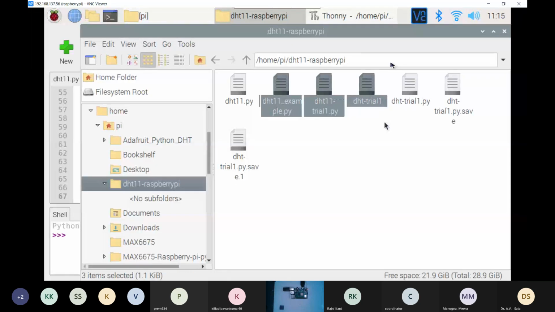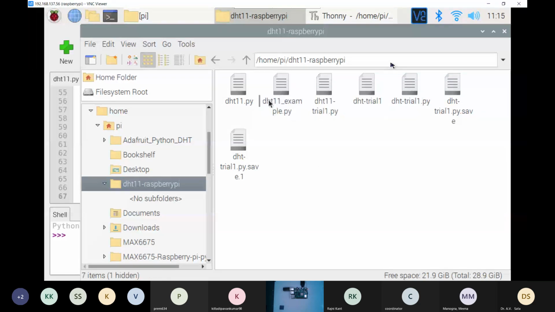If I want to use any functions of DHT11.py, all the libraries and all the codes should be in one folder, which we will be doing for the combination of all the sensors together. If I want to use the MAX6675 library, then I will have to download it and create one folder for MAX6675 over here.